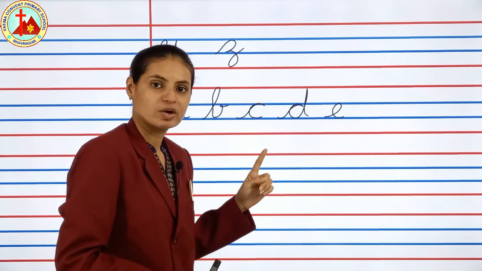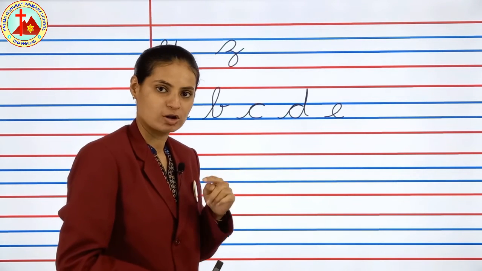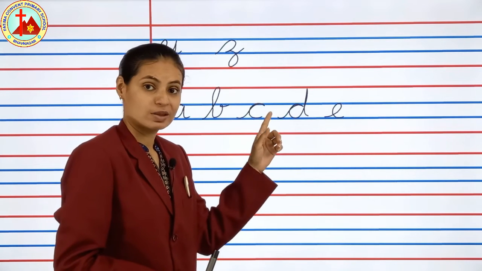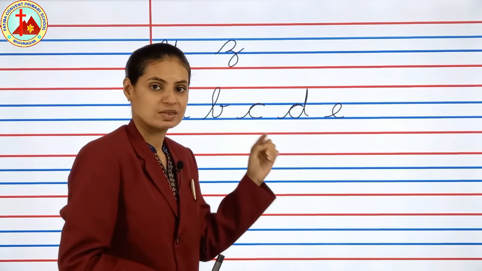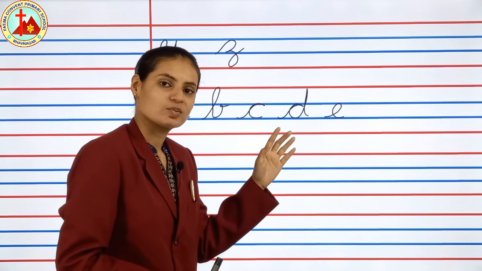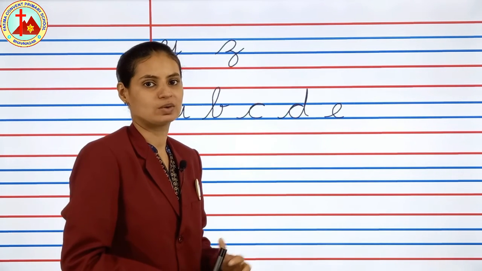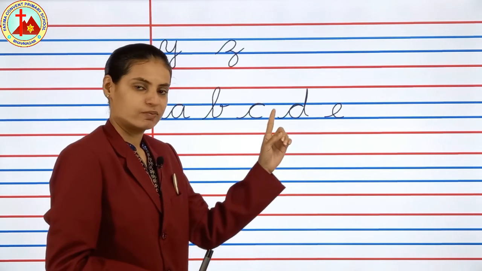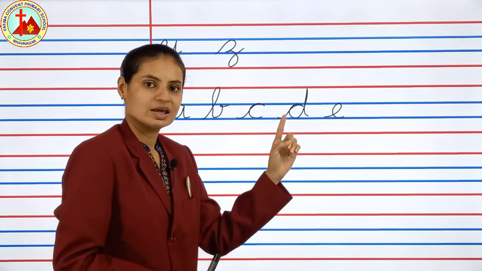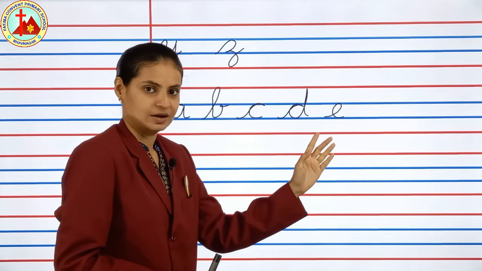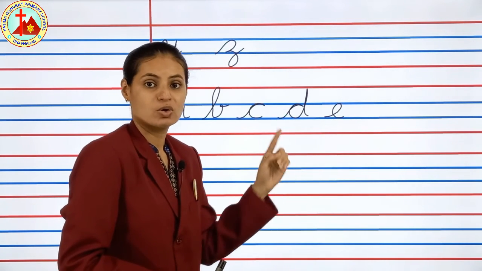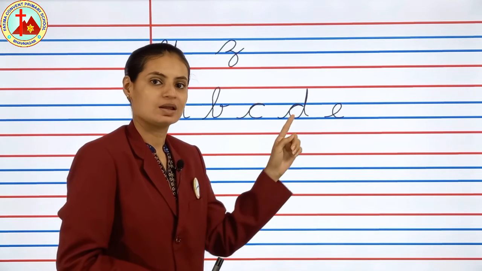And one more important thing, you have to follow the line which you are not following. Yes children, observe the video properly how Miss is writing. In that same formation, in that same method you have to write. So what you have to do? Leave space of one finger between each letter and write 6 letters in one line. Don't write more than 6 letters in one line.